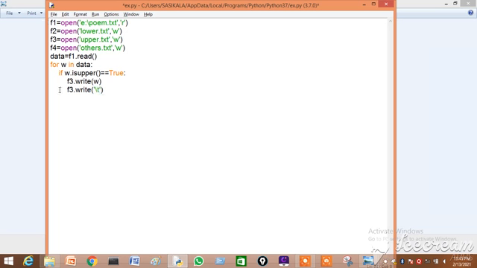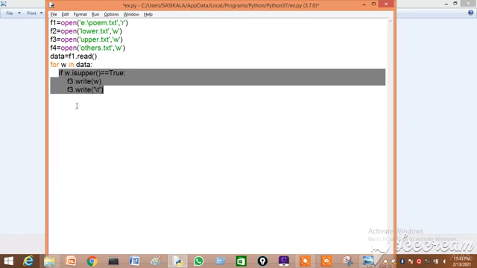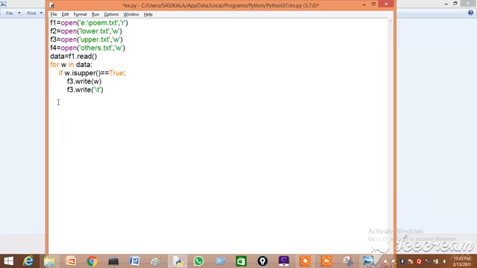Similarly this is for lower and this is for other. So let us copy the same thing. Control C, and here Control V. Here elif should be there, then this will be lower, and the copy file is F2. One more time we will copy it.